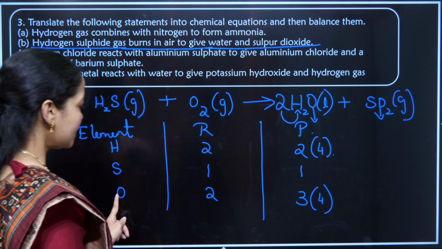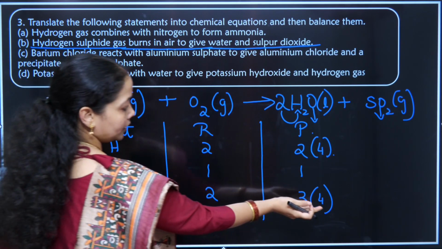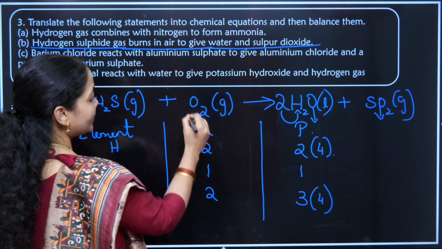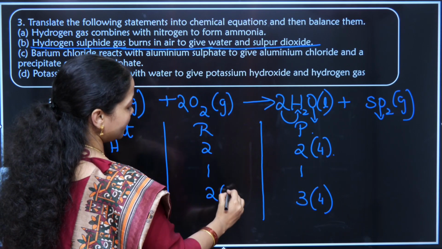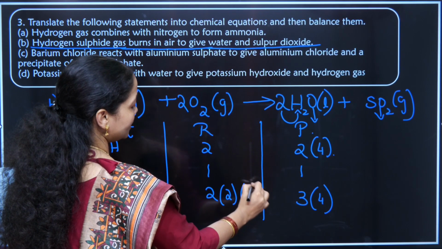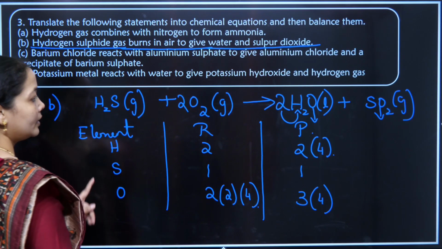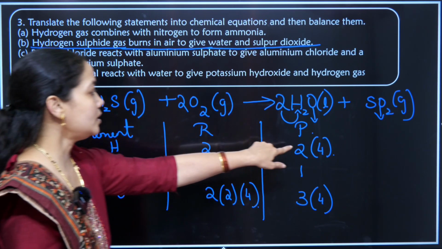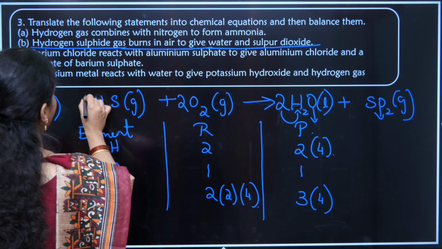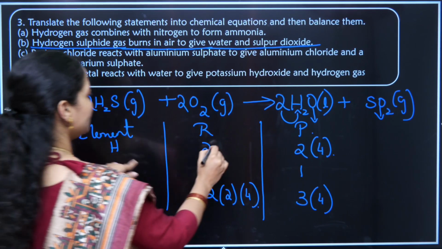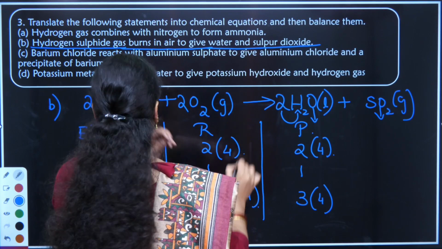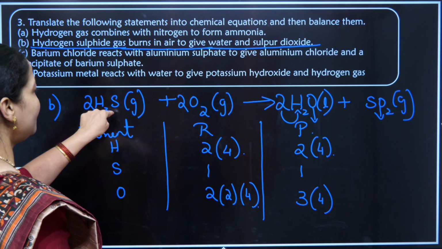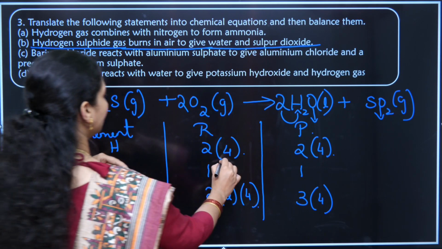Now let us check with oxygen in my reactant side. Product, we changed it to 4. I have to make it equal in my reactant also. So I'll place a 2 in front of oxygen here. Hence, this is turning 4. 2 2s are 4. Now hydrogen was 2 here and hydrogen turned 4. So what I'll do, I'll place 2 here. So 2 2s are 4. This 2 placed in front is also changing the count of sulfur. Sulfur is now changing to 2.